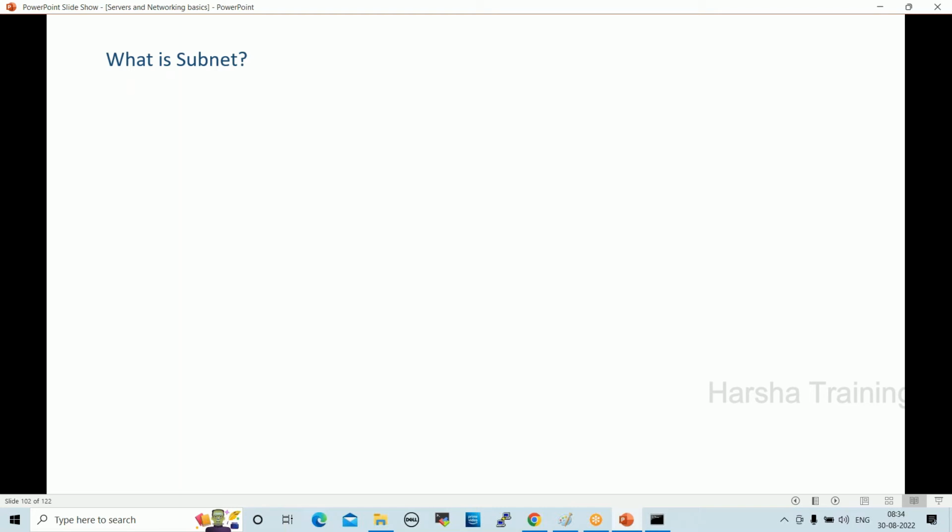So how to create subnets, how to configure subnets, we'll see that while working on VPC. VPC is a concept which is available in AWS, Virtual Private Cloud. VPN is a virtual private network. VPC is a virtual private cloud. So while working on that, we'll go deeper. Okay. Yeah. So see here, a subnet is a smaller network instead of a large network, right?